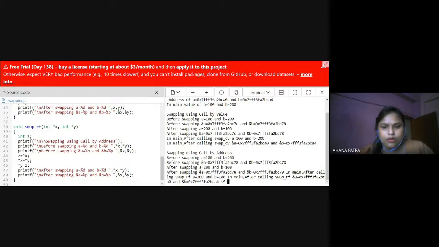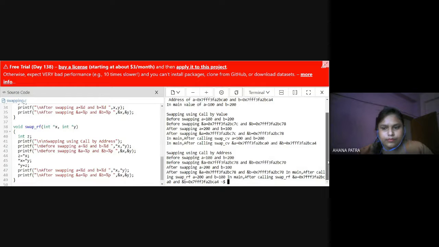And the addresses of a and b are assigned some values, but not equal to the addresses previously held in main. But after swapping, a equals 200 and b equals 100.